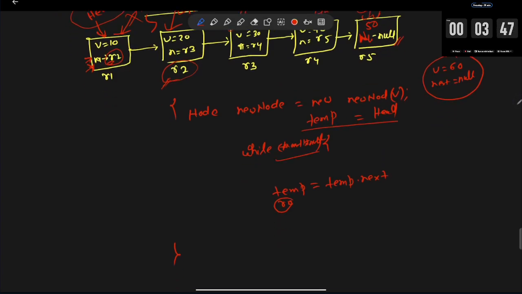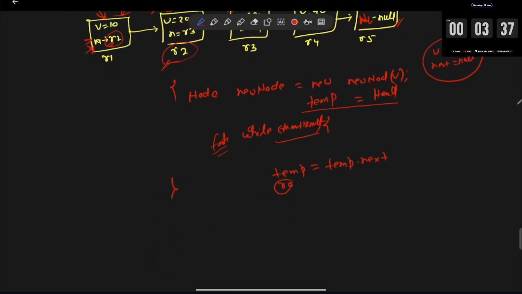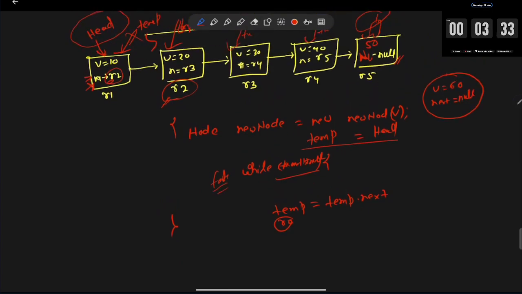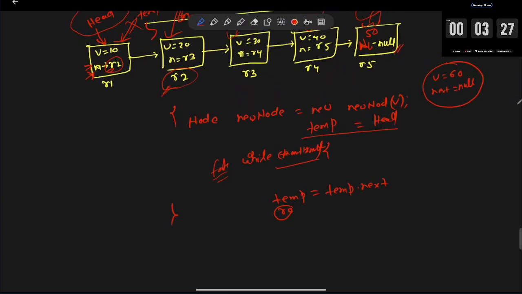Loop is false because temp equals to null. Loop is false. Then insert the element. So we can just use temp. Temp dot what is the node? Node is new node. We can just